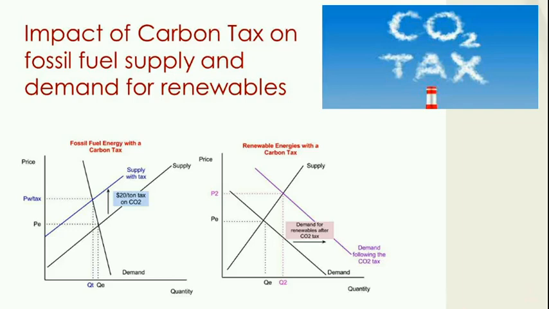You can see here in the graphs that taxation could be used, such as a carbon emissions tax, a green tax, an eco tax, however the government would like to name it. Putting the tax on the polluting, such as fossil fuels, will decrease the supply of fossil fuels and push the price up. This would also increase the demand for substitutes, such as renewable energies, as you can see in this graph here. So a tax increases the cost of production, which will probably ultimately be passed on to the consumer and will decrease demand and also increase the demand for other alternatives, such as green energy.